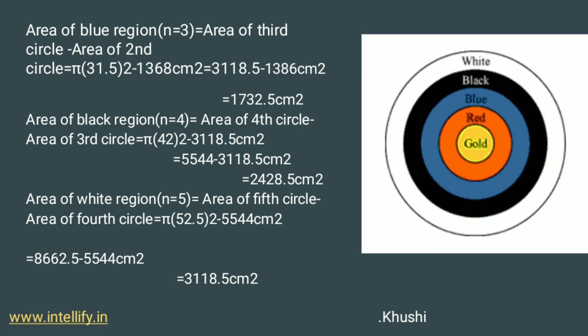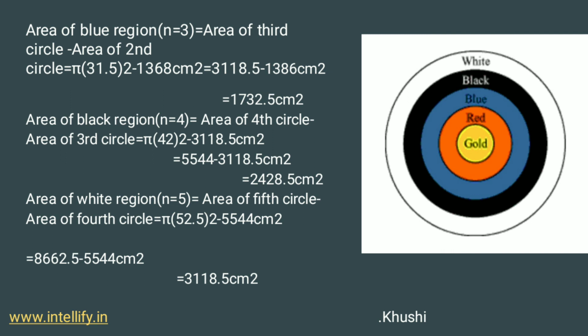And from this formula we can also find out the area of the black region, that is n is equal to 4. From the formula we get the area of the fourth circle minus the area of the third circle. We have to find out the area of the fourth circle by putting the value of radius, that is 42. So here we are finding out the area of the fourth circle and then subtracting the area of the third circle. By calculation we get the answer